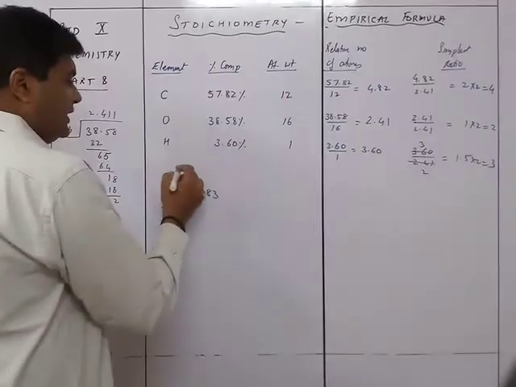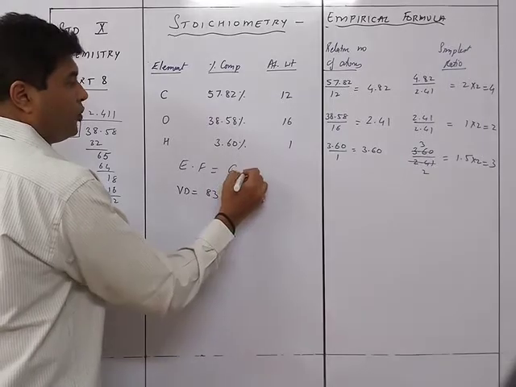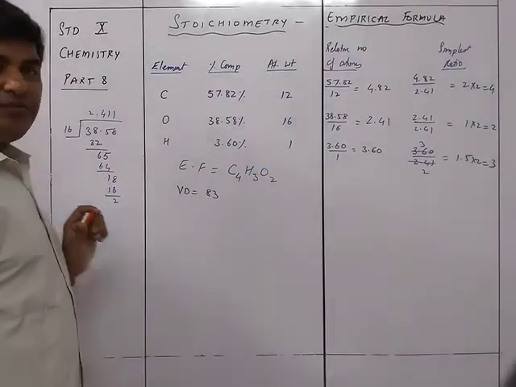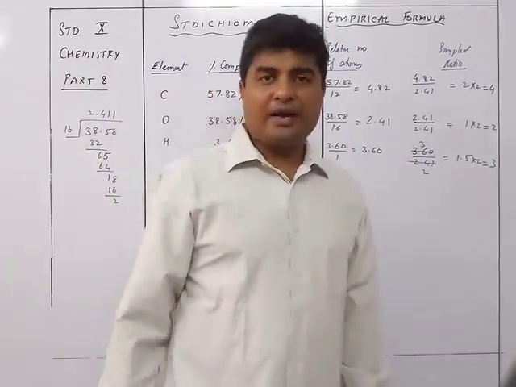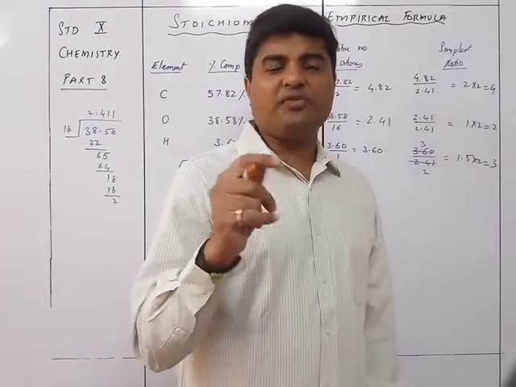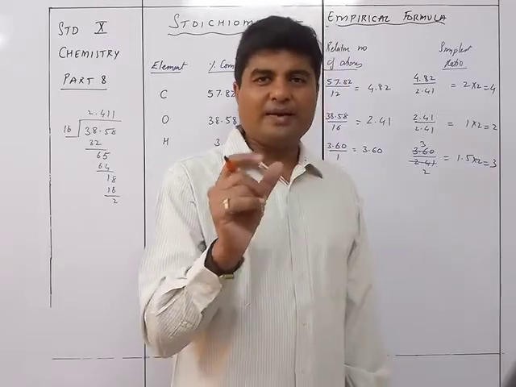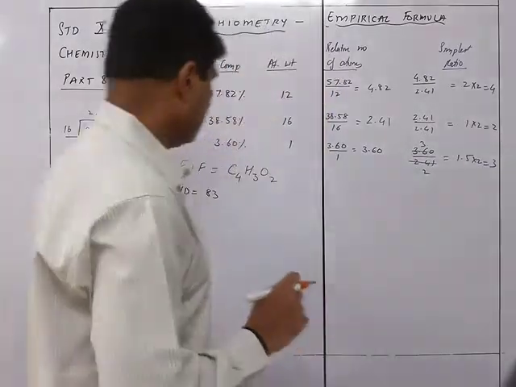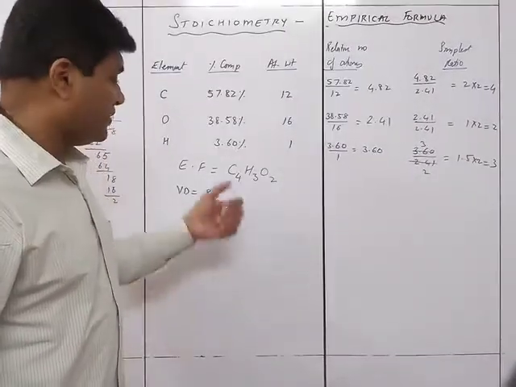So we have the empirical formula. Empirical formula is equal to C4H3O2. Okay, C4H3O2. Normally whenever you take any kind of organic compound where C, H and O are there, you always write the hydrogen and oxygen as in water, H and then O. We'll always write it that way: carbon will be first, hydrogen will be next, and oxygen will be last. So C4H3O2 is the empirical formula over here.